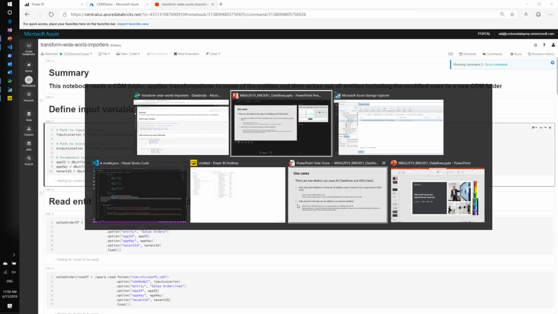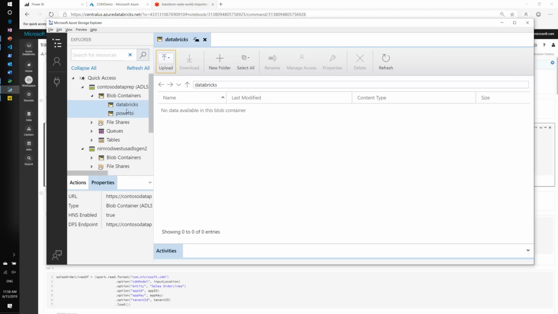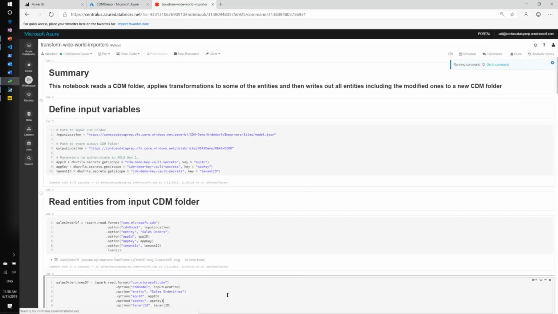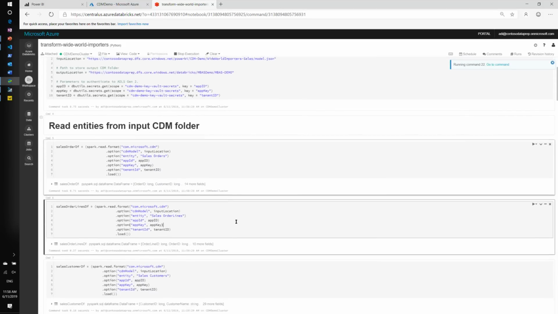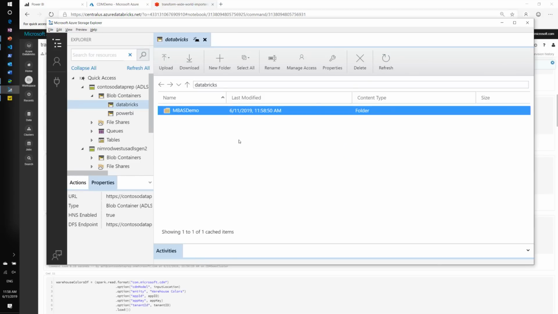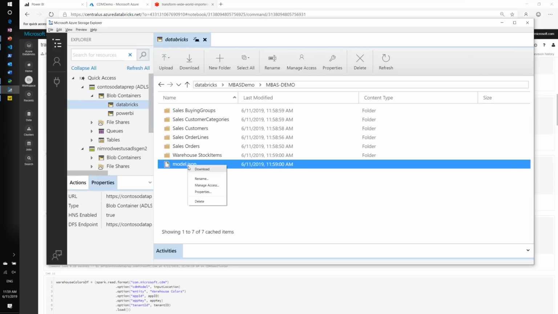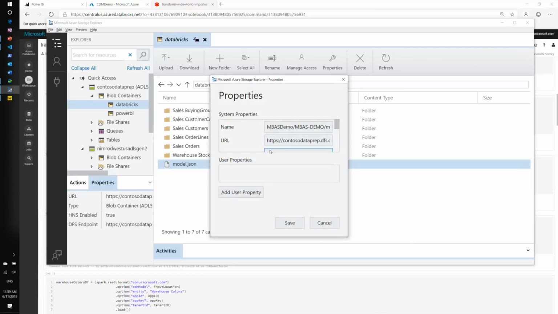I'm going to switch back to the lake. And this is the same lake that I used for storing my Power BI data flows, but now I'm going to actually output the processed data into that file system. So this is running. Oh, it already ran. Databricks is lightning fast. Boom. So I have a CDM folder here created by this Databricks notebook. It has a bunch of entities. Actually, I don't think it finished. Yes, it has a bunch of entities and a model.json file that it created. So this already contains the schema of the data. Let me just grab this path,